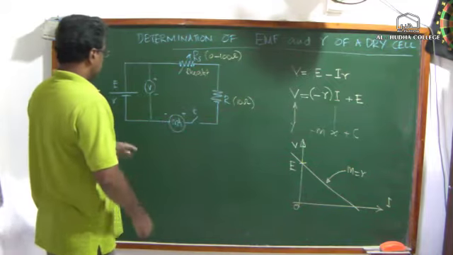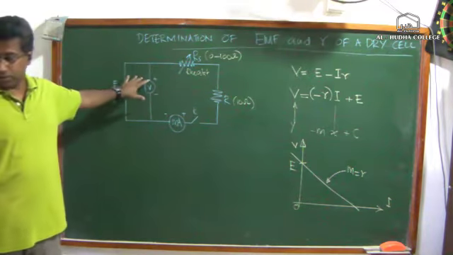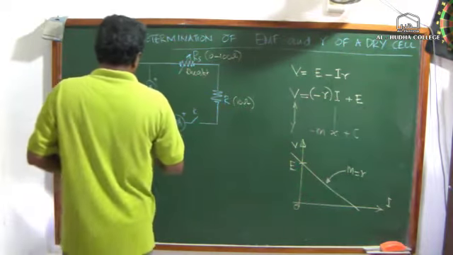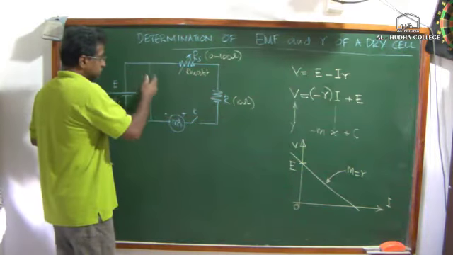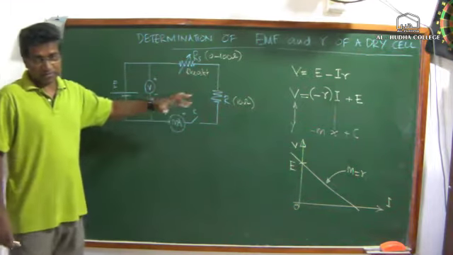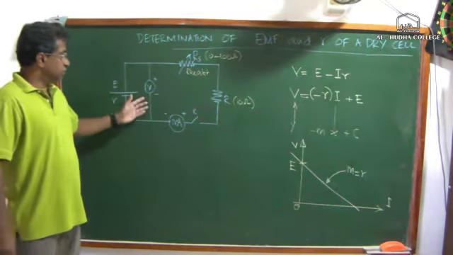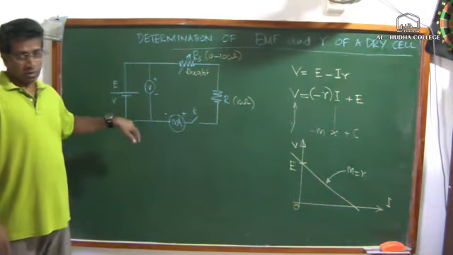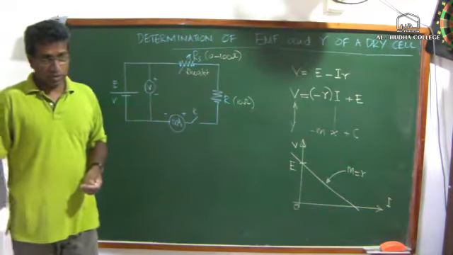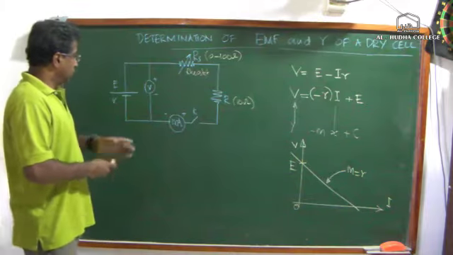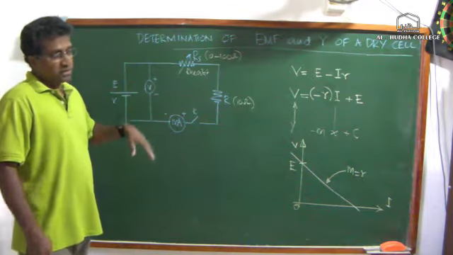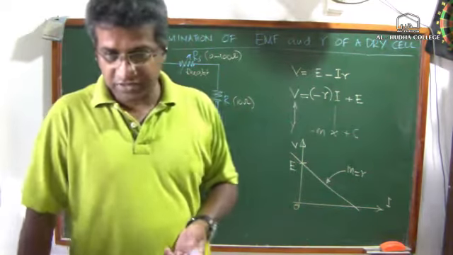Now another important thing is they say the voltmeter is a digital voltmeter. Why do we say digital voltmeter? Because we don't want the voltmeter resistance to come in parallel with the circuit resistance. If the voltmeter has a finite resistance, it will influence the circuit, because the voltmeter will also start drawing some current, right? So we will have to consider the current through the voltmeter also in our calculation. So to avoid that, we use a voltmeter with a very large input resistance.